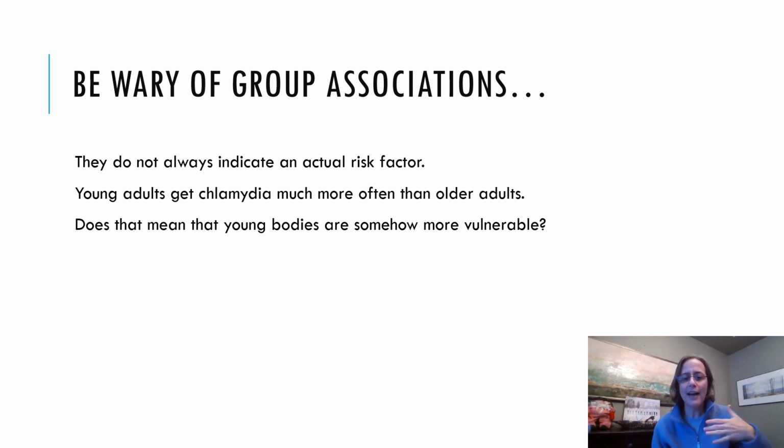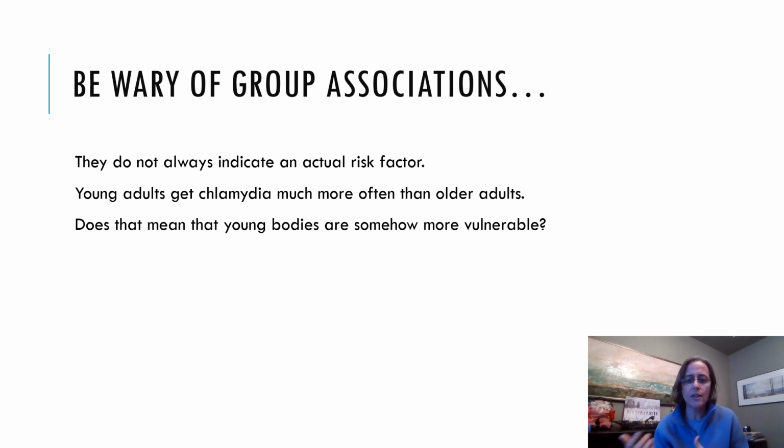So the fact that young adults get chlamydia much more frequently than older adults is not because young bodies are somehow more vulnerable. It's not that youth itself increases your susceptibility to chlamydia. It's that people who are in their early 20s are much more likely to be having multiple sexual partners than people in their 50s, right? So we have to be careful to not say something is causing something when in fact we just see this